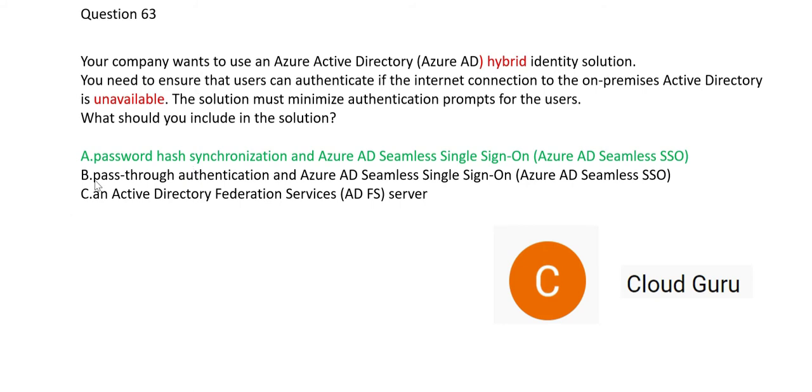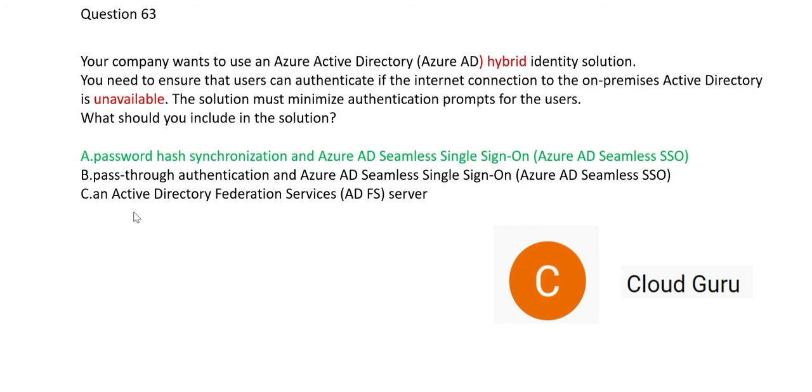Now option B, pass-through authentication will not work. What pass-through does is you're trying to log in to some resource, suppose a VM. You're trying to get into the VM, you put these credentials and Active Directory in Azure takes those credentials, and in pass-through it just passes it through to on-premise Active Directory. Now if it tries to pass it through to on-premise Active Directory, internet is not there, so the request will not go to the Active Directory on premises and this will fail. So B cannot be the solution.